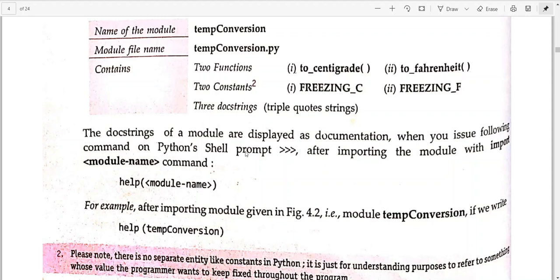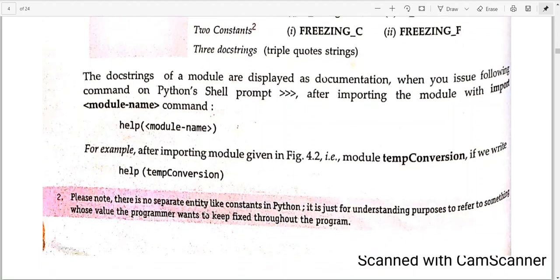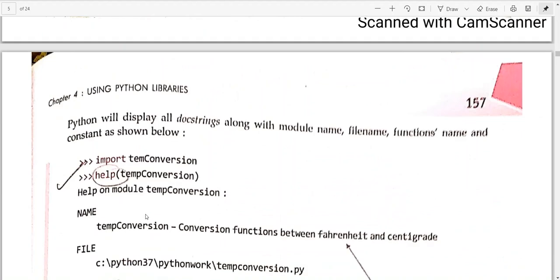This is your Python prompt. When you write import module name, that particular module will be imported in that particular file. Then if you write help, this will give you more information about that particular module. So inside a program you can write this statement.